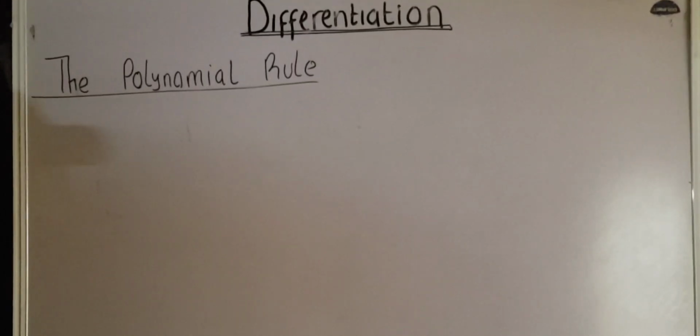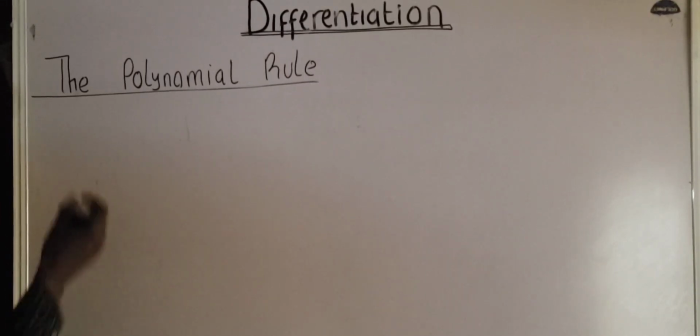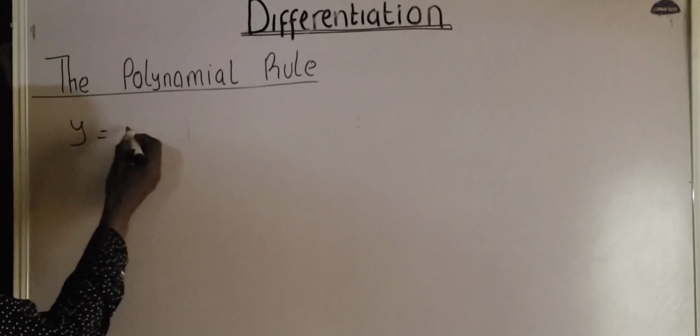In today's class, we're going to talk about another method of differentiation known as the polynomial rule. The polynomial rule is used to differentiate a polynomial function. In order to differentiate a polynomial function using the polynomial rule, we differentiate each term one by one. Are you getting it? The polynomial rule states that when we are given a function y is equal to ax